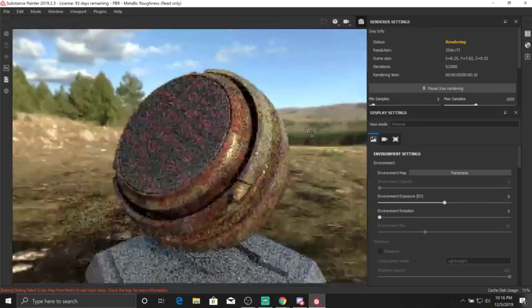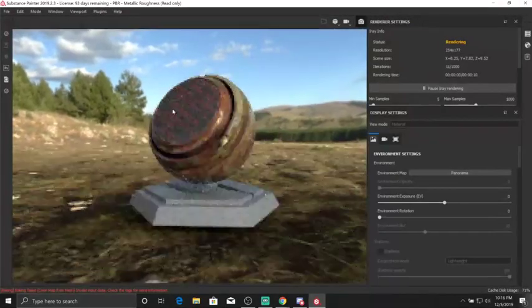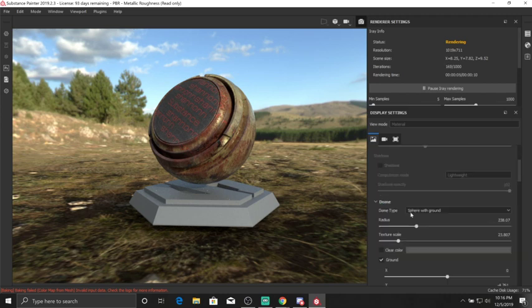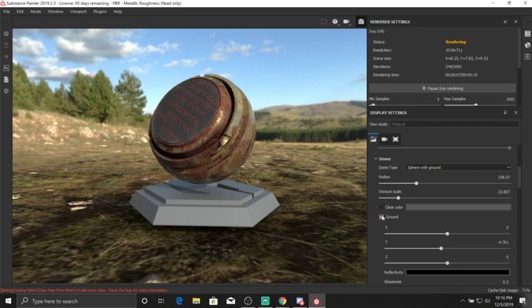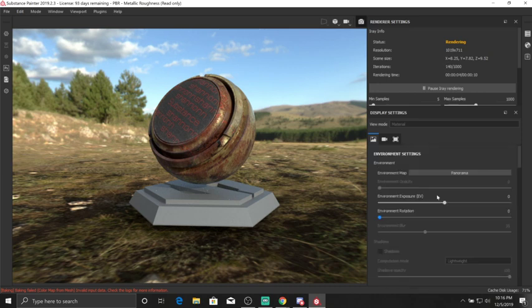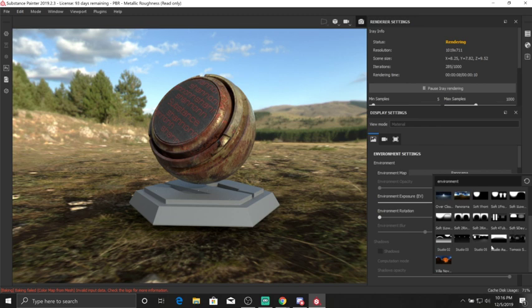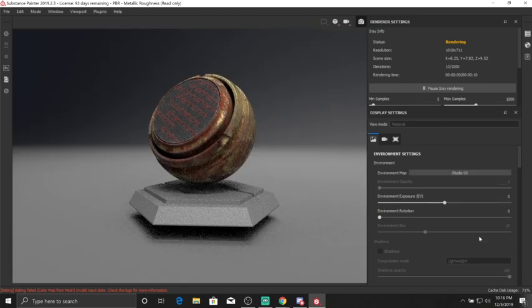All right, so now that we have this, for the last little bit, we go over all this stuff in the videos, but your environment settings: you have your dome, you have your ground, so you can turn off ground, which is where you get this kind of shape here. We can always change all these values. You've got your different skyboxes. So if you wanted to do just a studio shot,